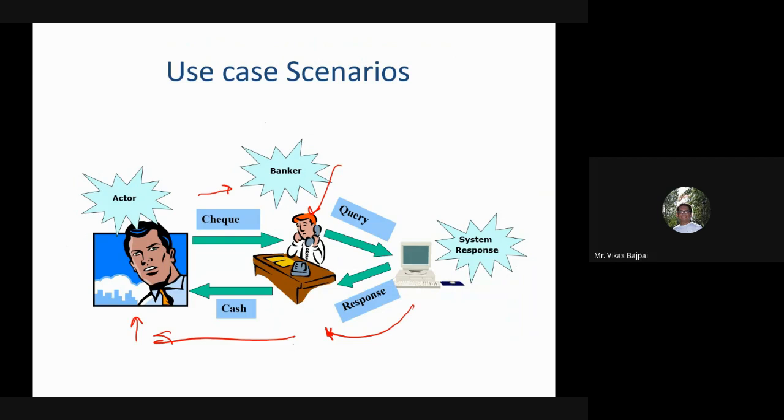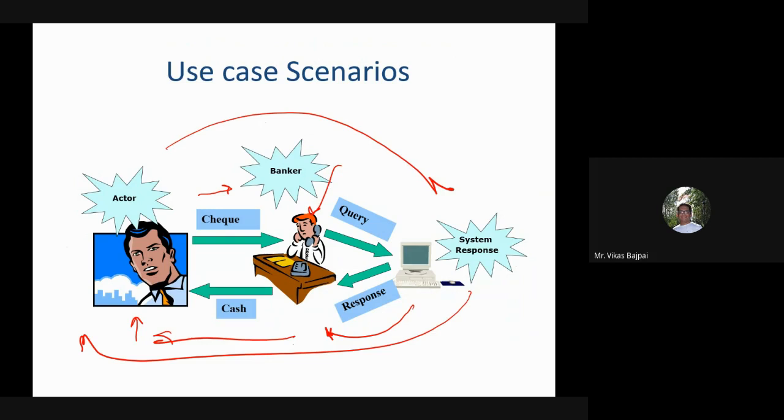So what we are doing right now is talking about, let's say, the banking application. In this we got to know that there is a possibility where we have an application for the banking services, and then the entire check clearance process is taking place.